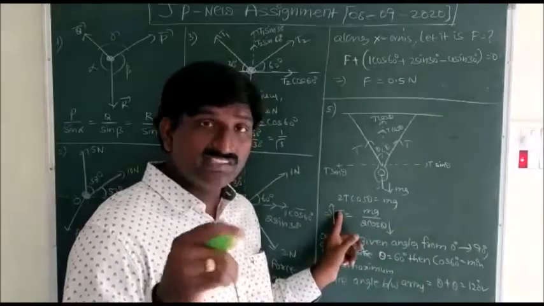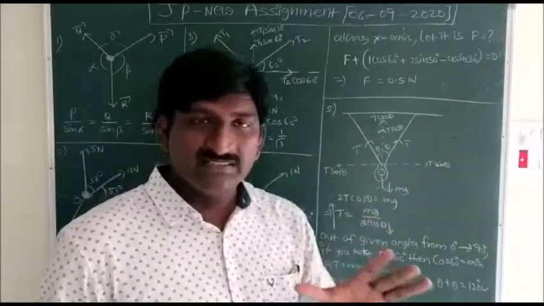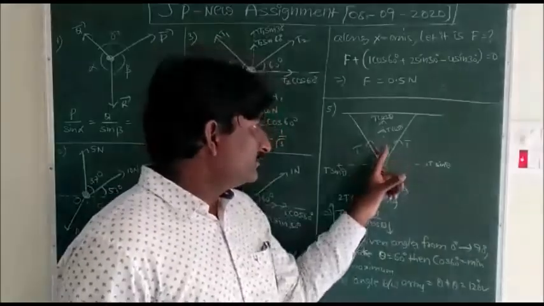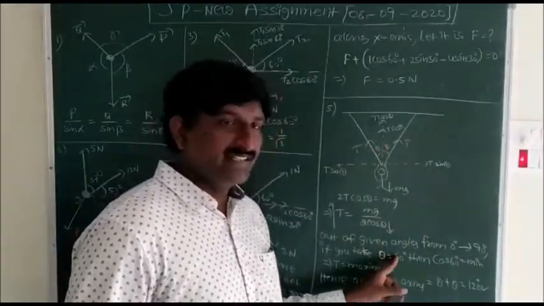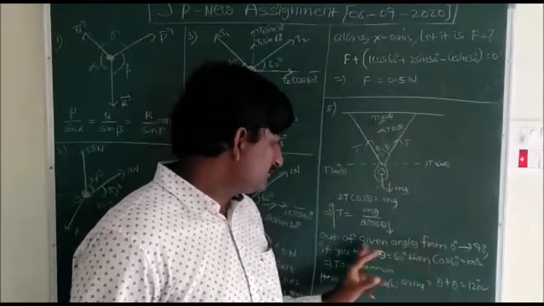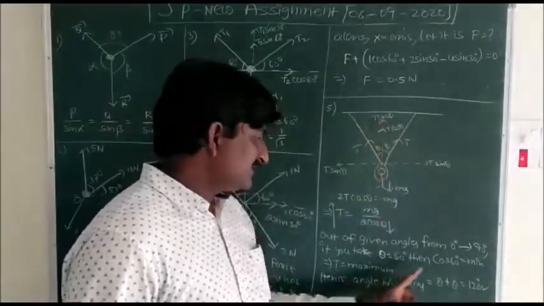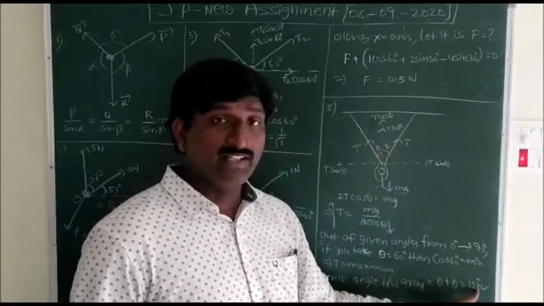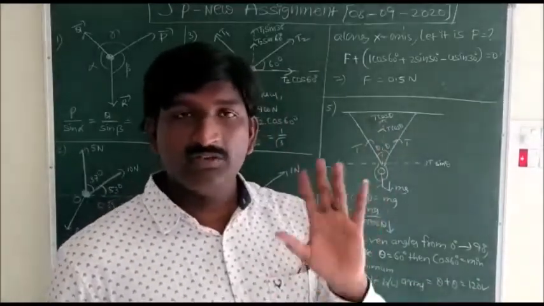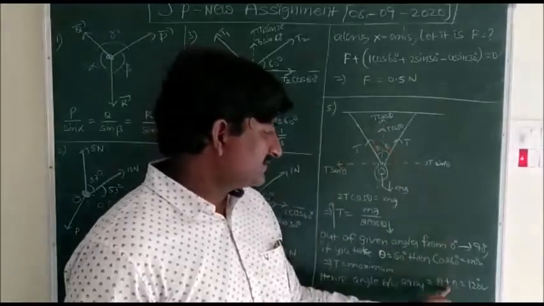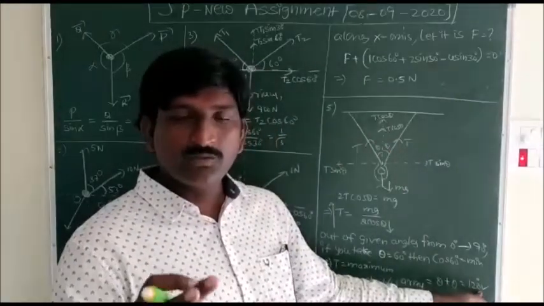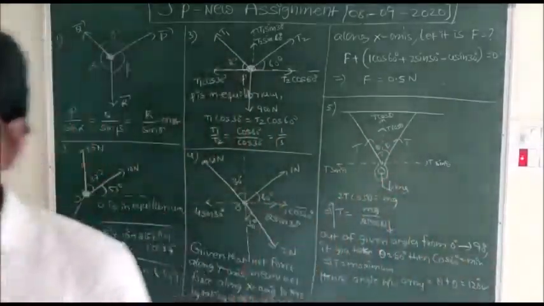Since it is inversely proportional to tension, the tension becomes maximum. That means regarding the options, if you take theta as 60 degree, then definitely the tension in each arm becomes maximum. Then the total angle between the two arms is theta plus theta, that is 120 degree. Asking about the total angle between the two arms, that is 2 theta, so it becomes 120 degrees. So the fourth option is the correct option.